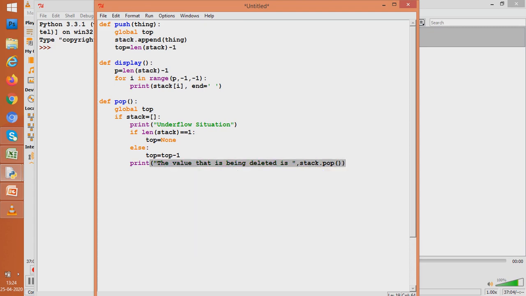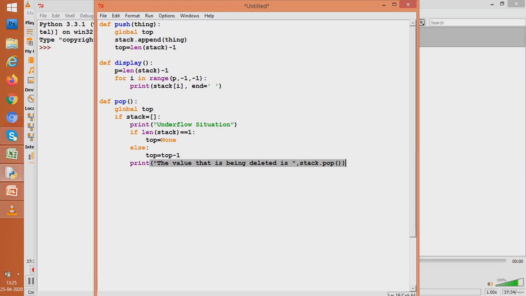So this is how I wrote 3 given functions: push to insert an element, or I should say push an element in the stack; display to show all the items, all the elements that are in the stack, and we all know it is to be displayed in the reverse order; and pop takes care of deleting, that is popping elements from the stack.